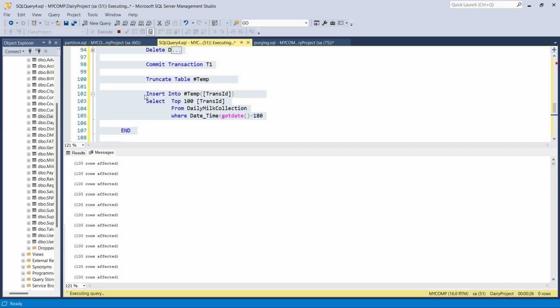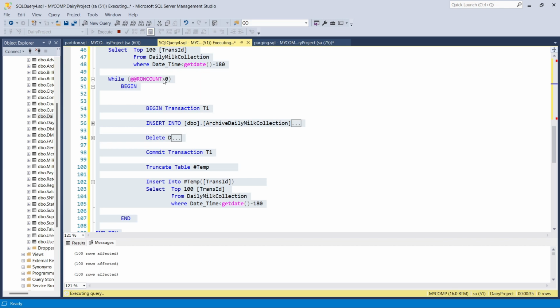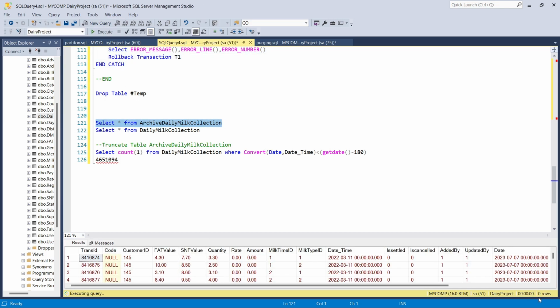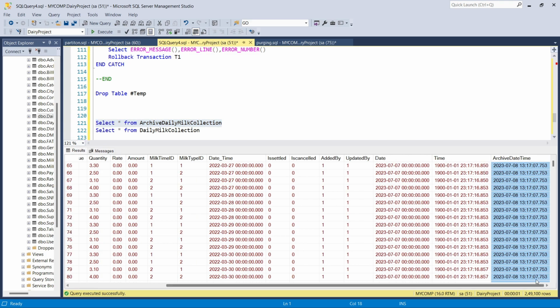and then here we are inserting again into the temp table. So one by one that process continues, and while the row count is not greater than 0, whatever data we have, we are executing it, right? So I am stopping it because it will take too much time for 4.5 million records. I am stopping it, and you can see in the archive daily mail collection there are 249K records in it, and at the end you can see there is a